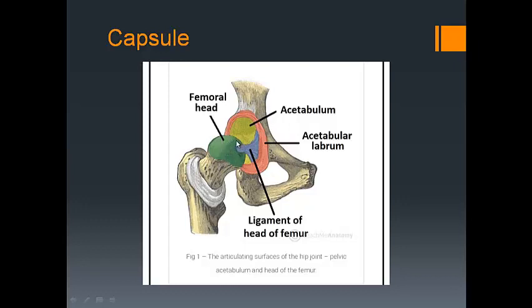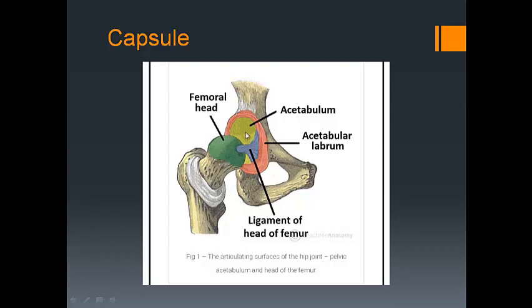So the head of the femur has been pulled out of the acetabulum here, and you've got the hip bone, and you've got the femur over here. All right. So I want you to focus on the line in red and the line in white. Now, this is the margin of the acetabulum, or the acetabular labrum, all right? And this is usually just the region where you've got the intertrochanteric line and intertrochanteric crest at the back here, okay? So these 2 points, this red line here and this white line, represent where the capsule